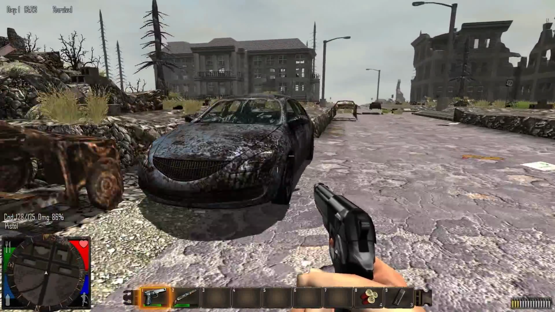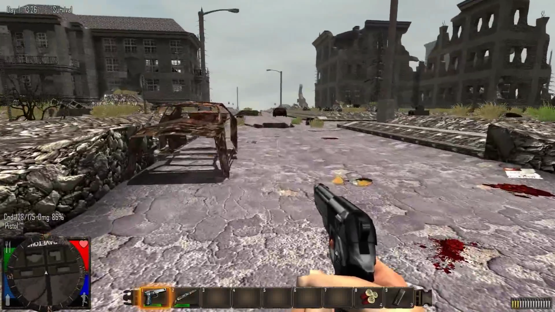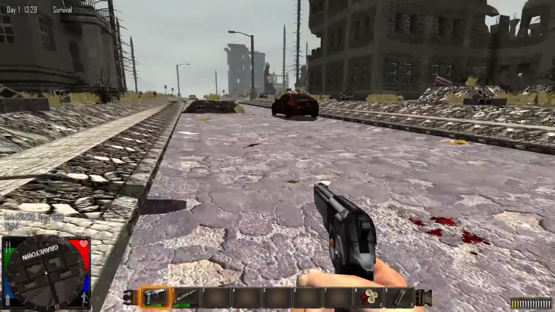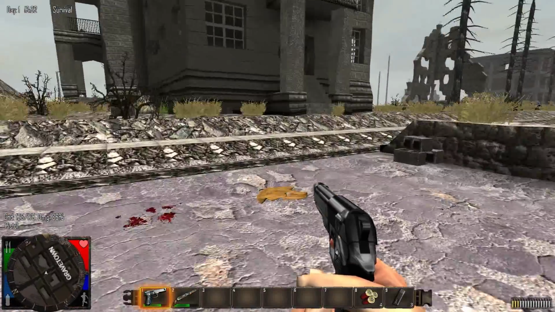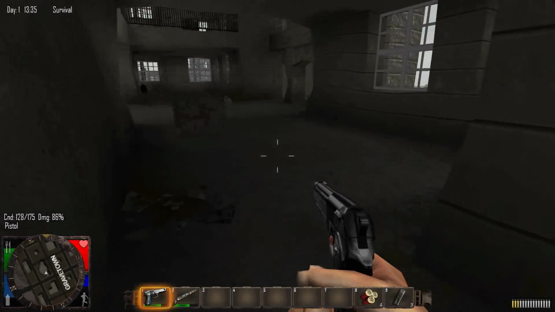Now, this is where I'm going to stay for at least the beginning part of this Let's Play. This building up here to the left, I'm going to try and stay there. I stayed there in my last game, but it didn't work out too well for me. But what we're going to do first of all is we're going to come in here. I'm going to show you a really nice...